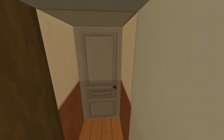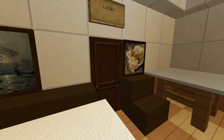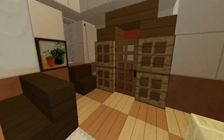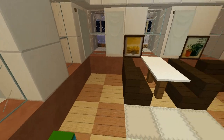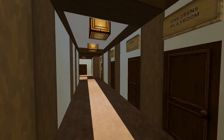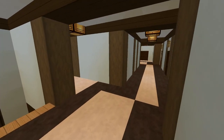So this is the children's playroom. We have some interesting paintings in here, and of course many opportunities to spend your time here as a child. Then of course the staircase. Of course the cabin class staircase is much more